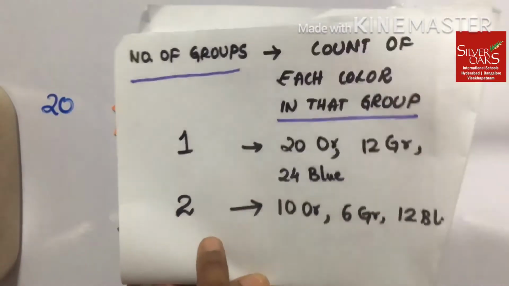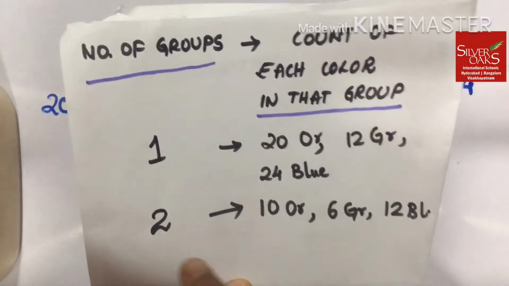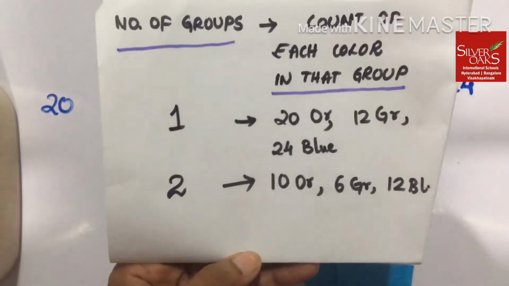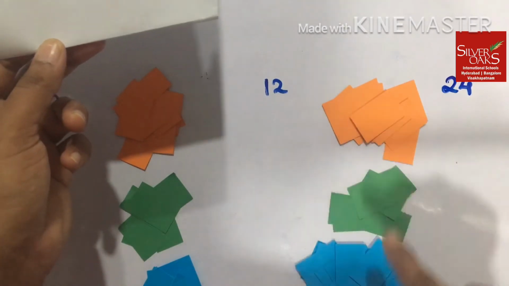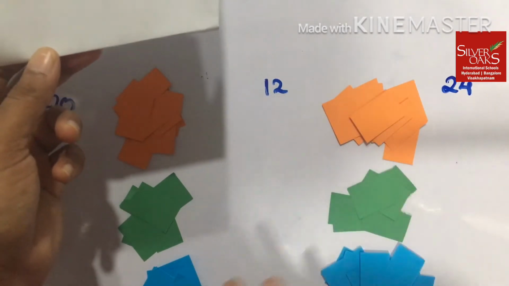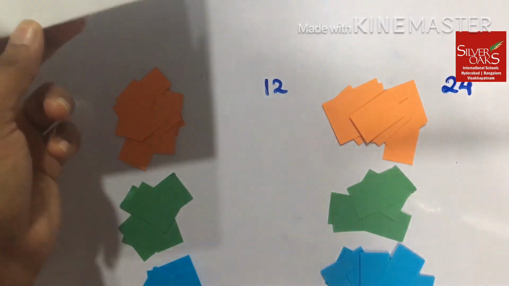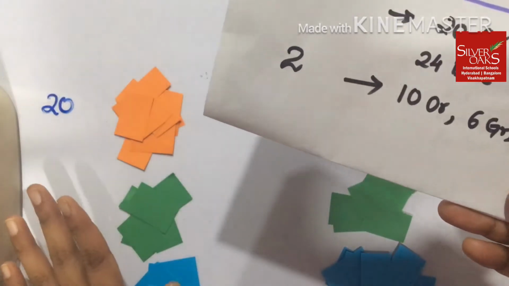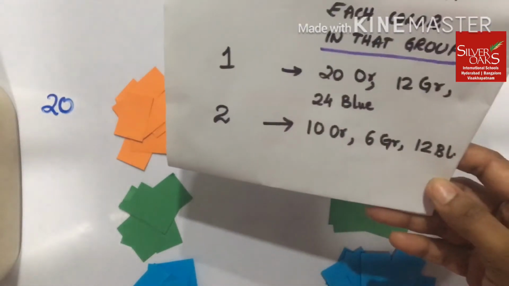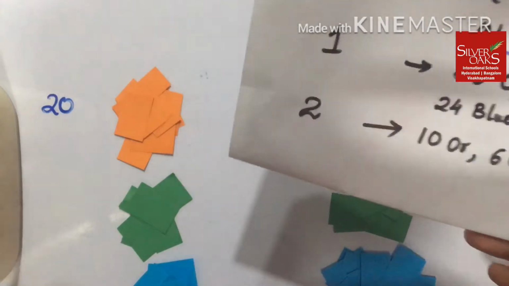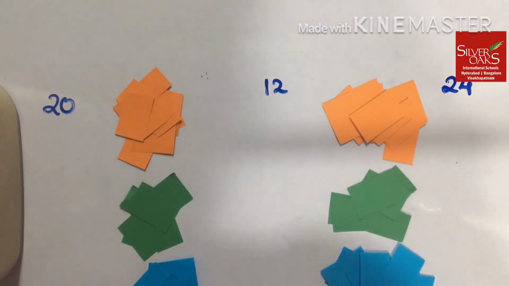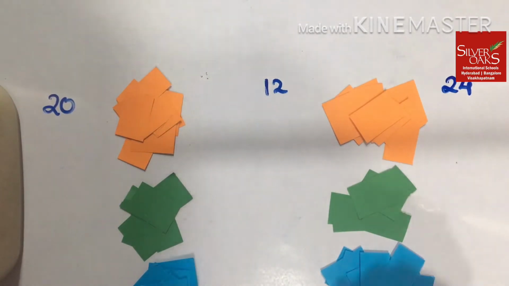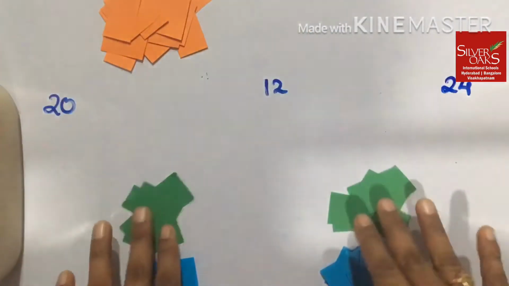Yeah, this option is far better than the first option because I have increased the number of groups, yet I am able to satisfy equal grouping, or I have formed similar groups on both the ends. Let us see if we can have the same number of groups or similar groups by having more number of groups, because our main goal is to have the highest number of groups possible. Let me put it back.